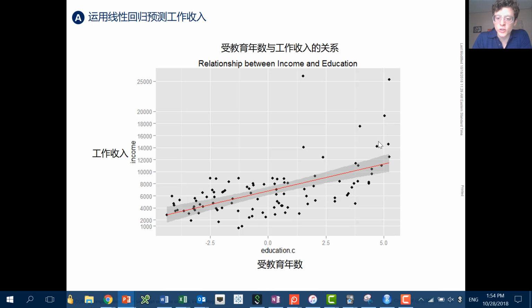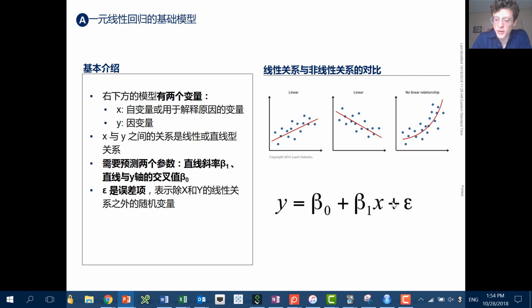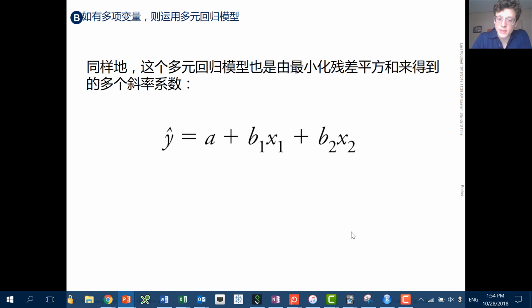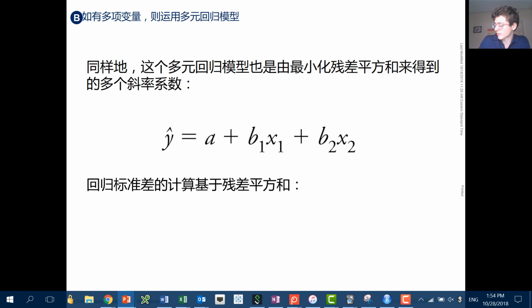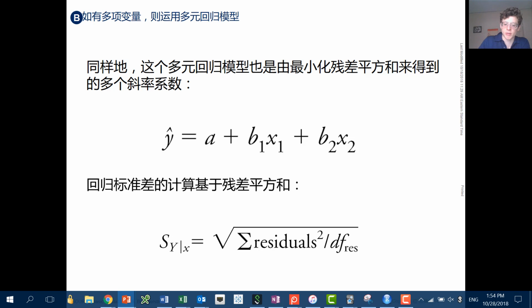So I'm showing you different formulations of this, but it's very similar. In this case, we called it beta 0. In this case, we call it A. It's the same thing. It's just a slope intercept. In this one, we don't include explicitly the error term, but it is also there. We assume that there is some error there. Again, we're basing the standard regression off of residuals. We're trying to minimize the residuals, so minimize the amount of error that we have. This is actually very similar. We're just taking this single level concept and expanding it into multiple dimensions, and that's essentially what is happening right now.